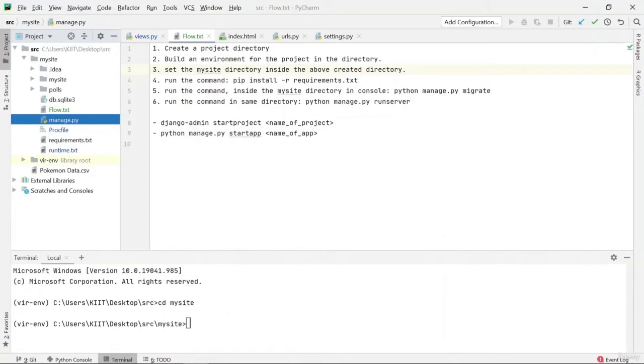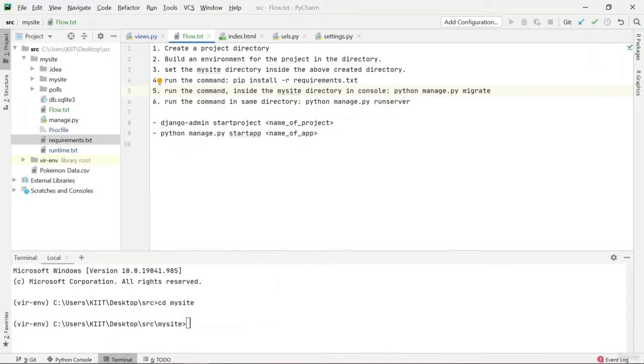You can see there is also a requirements.txt file. First we will be using this. Now you have built an environment but it is empty. So you now download or install all of your dependencies and packages for this project using the command here: pip install -r requirements.txt. Once you have done this, you can go back to your environment and see that all of the packages that I used while building this project have been installed there in your environment.